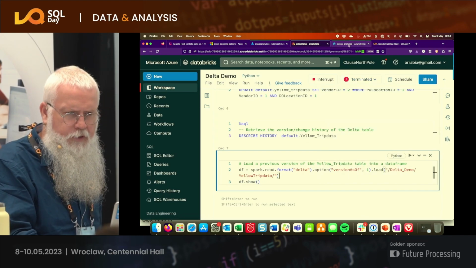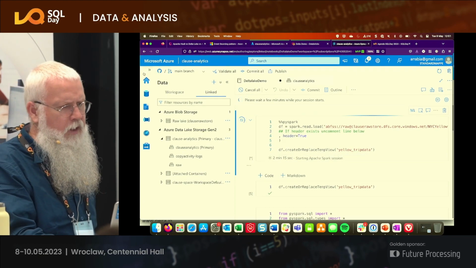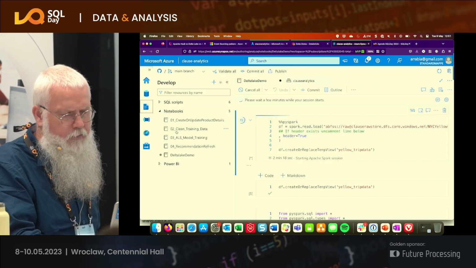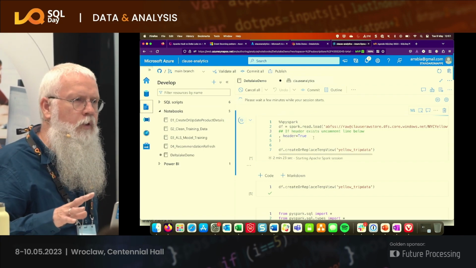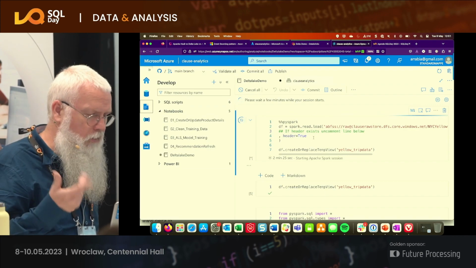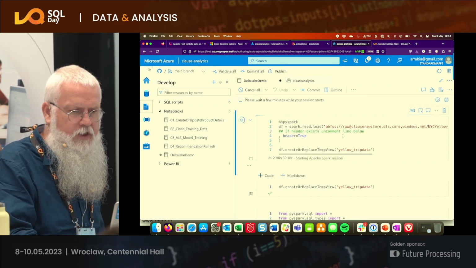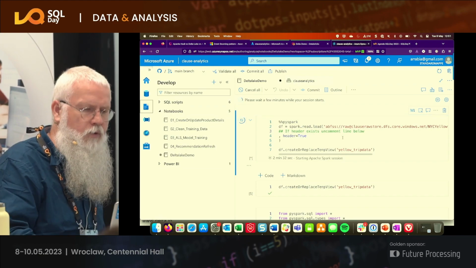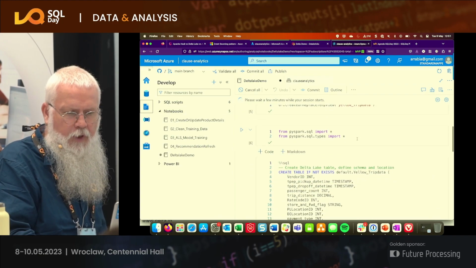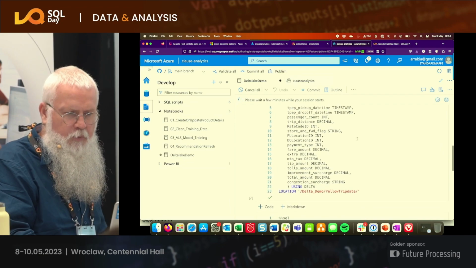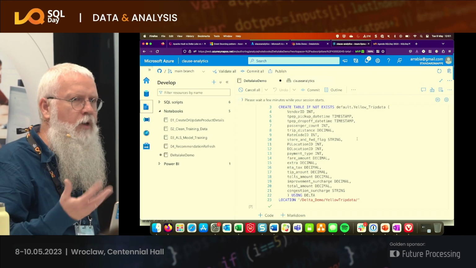Okay, demo gods. When you do the same thing in Synapse, it's almost the same syntax as in Databricks. Slightly different because Databricks is entirely native to Data Lake, but here you need to define a bit more. But the challenge or the benefit is that, at least in my experience, when I'm working with Spark SQL,